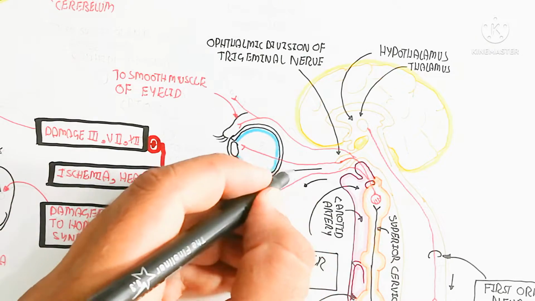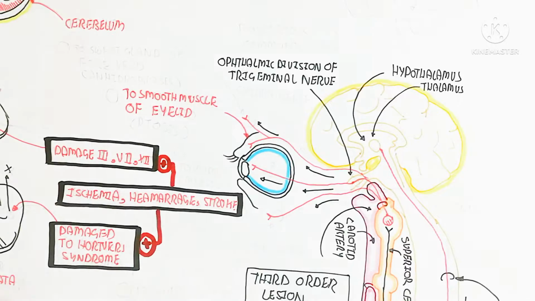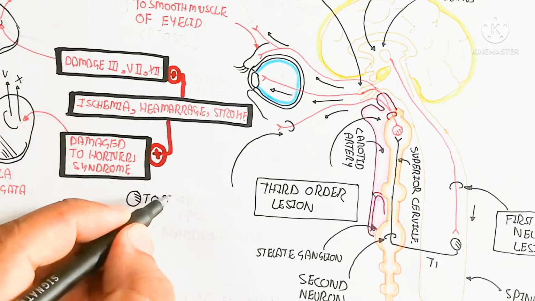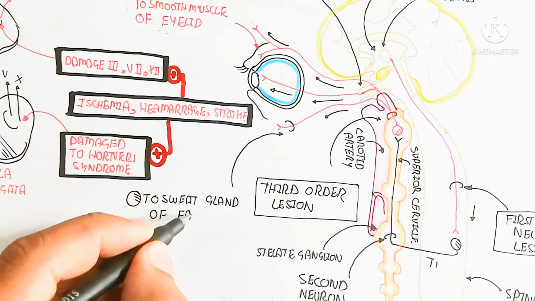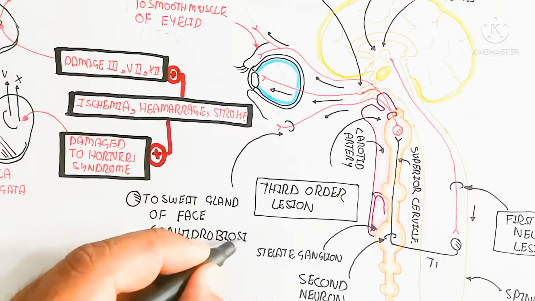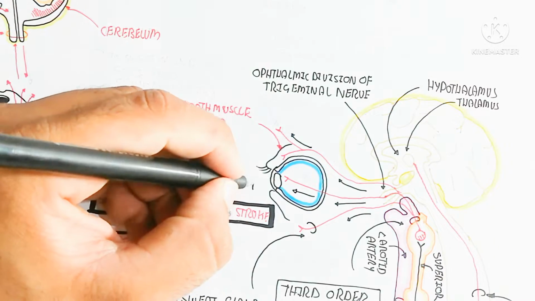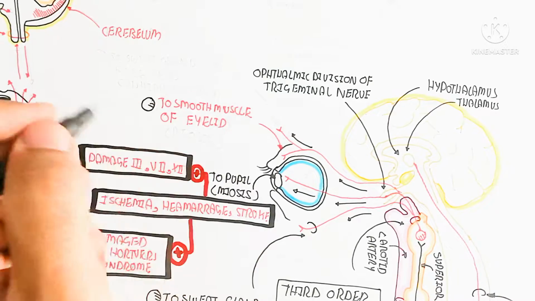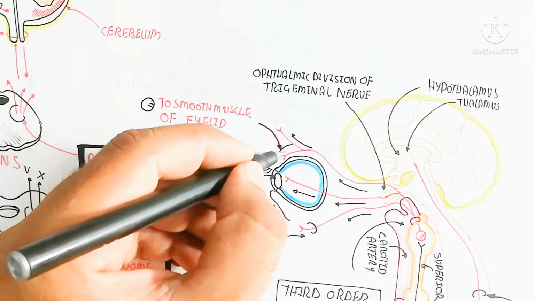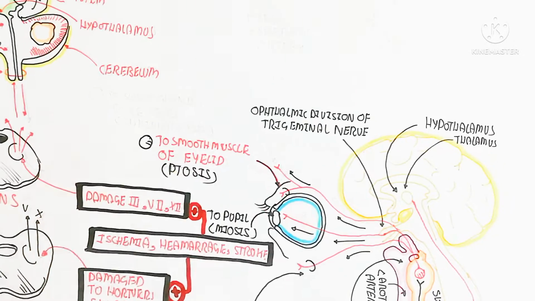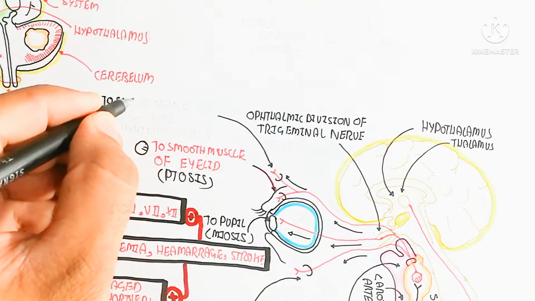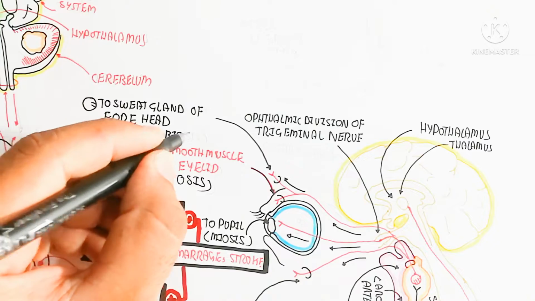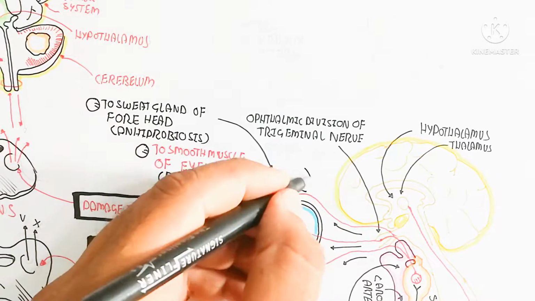The lesion can be third order, first order also, and the second order neuron can also be lesioned due to incomplete blood supply from ischemia, hemorrhage or stroke, aortic problems, carotid artery problems, and many other things such as thrombosis and low blood pressure. Miosis occurs when the pupil cannot dilate completely, so there is constriction. And on the other hand, here the nerves control the smooth muscle of the eyelid, so ptosis occurs, and the eyelid is not controlled